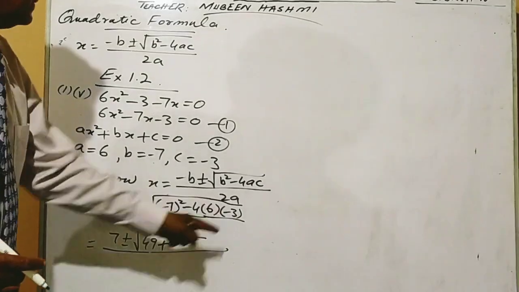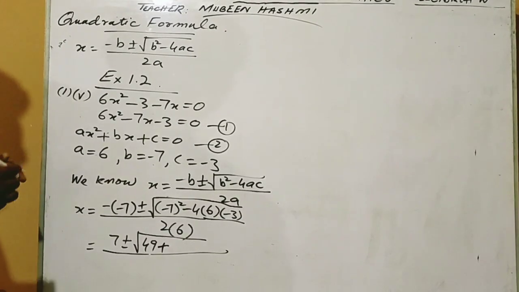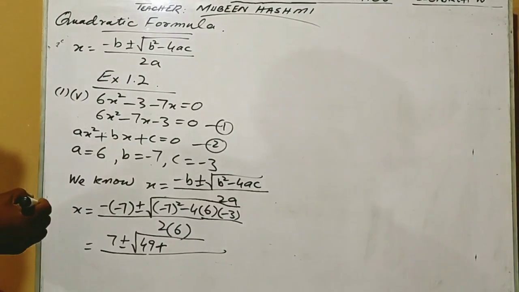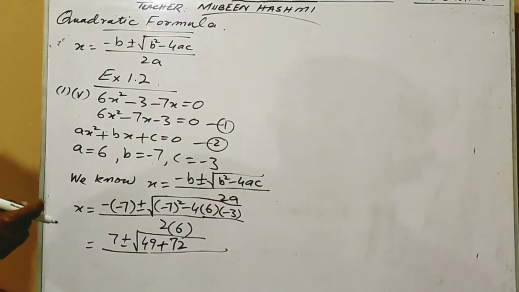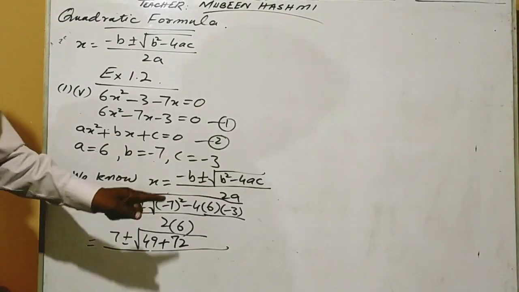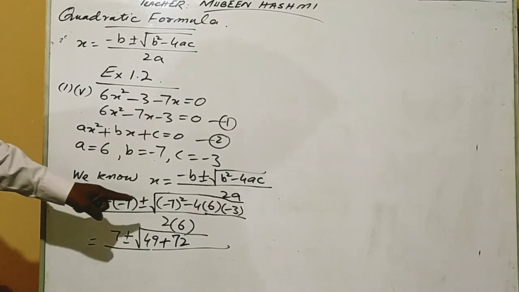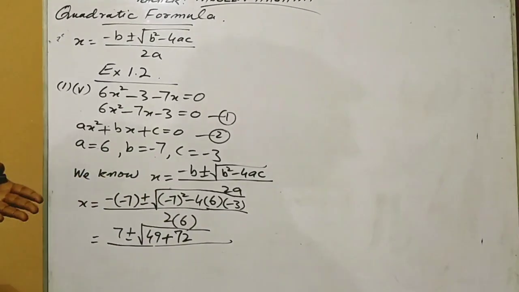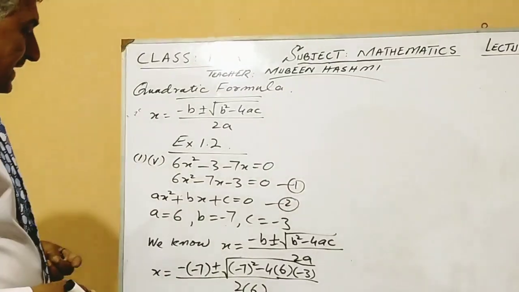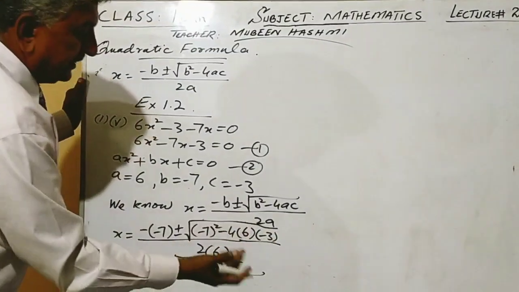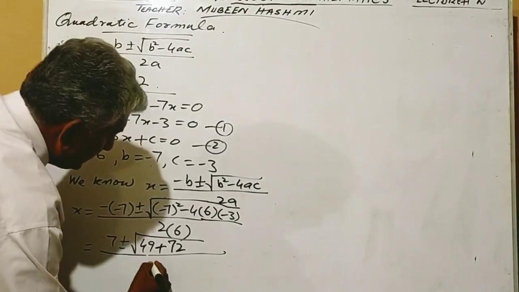Now you should multiply 4 multiplied by 6 and then by 3. You will get 72. Am I clear? I am sure this is correct. This is 72, 4 multiplied by 6 multiplied by 3. You know that you can use a calculator, but I am not using a calculator here. I am solving this directly. So 4 multiplied by 3 is 12, 6 times 12 is 72. So this is 12.